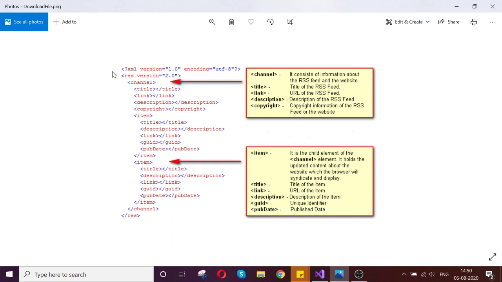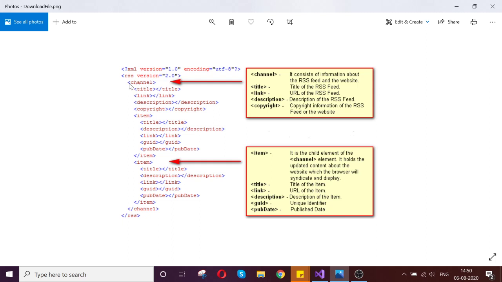So basically this is an XML file. By defining RSS, you can define the version. There is a tag which is a channel, and in the channel we have properties like title, link, description, copyright, and the item tag. So item is the item which you want to feed to the RSS. That is what it is. So let's go deeper. Basically an RSS feed contains the channel.